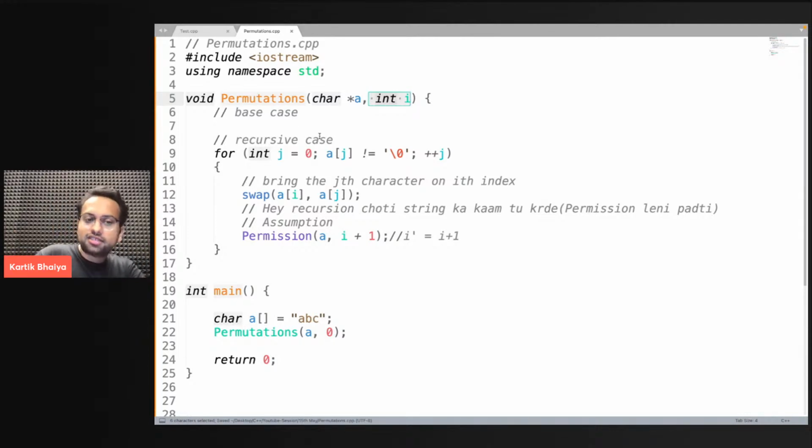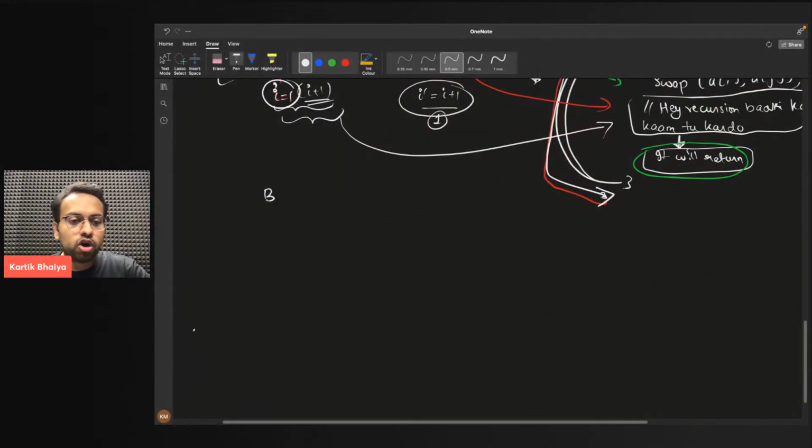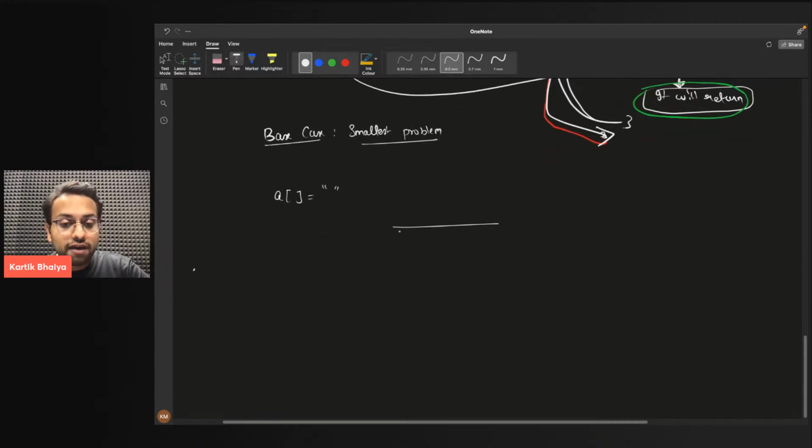Now, if this is done, see what the base case is. I have told you this earlier as well. Base case is the smallest problem. Base case is the smallest or the simplest problem. Now, what could be the smallest problem? If I have a string, what could be the smallest problem? That this string is containing nothing. It's empty. If you are having a string that is completely empty,